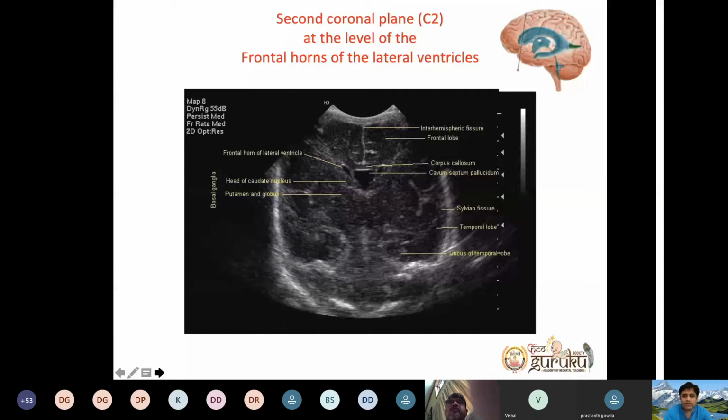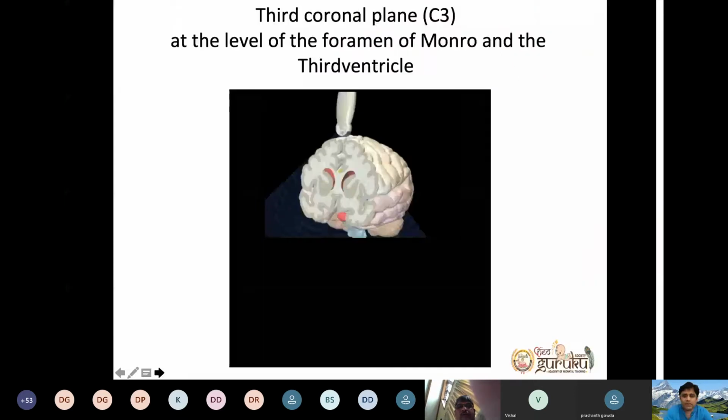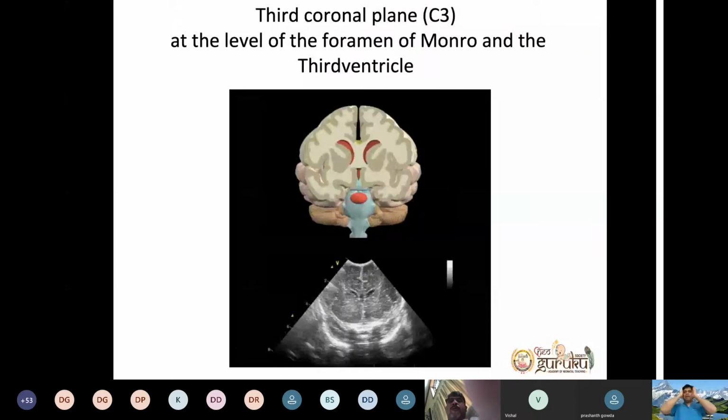Because the lateral ventricle is connected by foramen Monro on either side, like a reindeer, face in the center and the horns on either side. So the connecting point is your foramen Monro, where you cut and you try to see the third ventricle. So this is how your caudate nucleus, Sylvian fissure, and your temporal lobe, frontal lobe, you can see. I'm sure the images are very, very clear. So we'll move on to the next section.